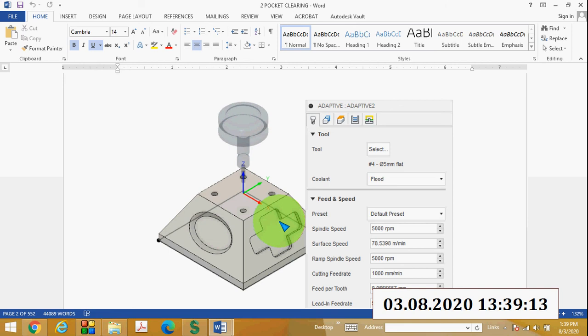Also there are different types of strategies in 3D machining, that is again adaptive clearing strategy, contouring strategy, then pencil milling strategy, scallop milling strategy, etc. So these are some other different types of strategies. I will explain those strategies in another video, on high speed 3D machining.